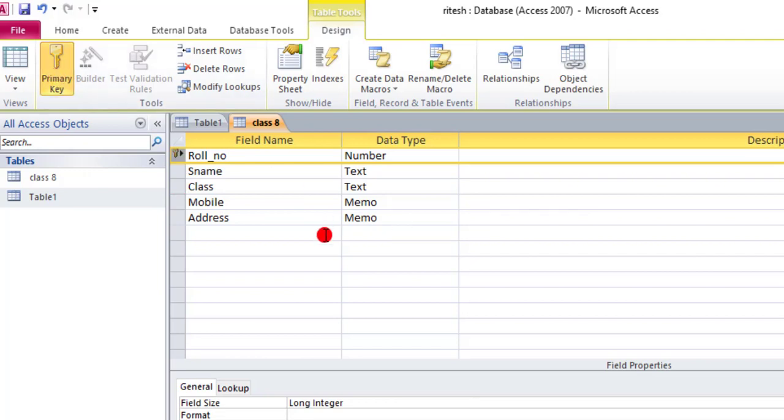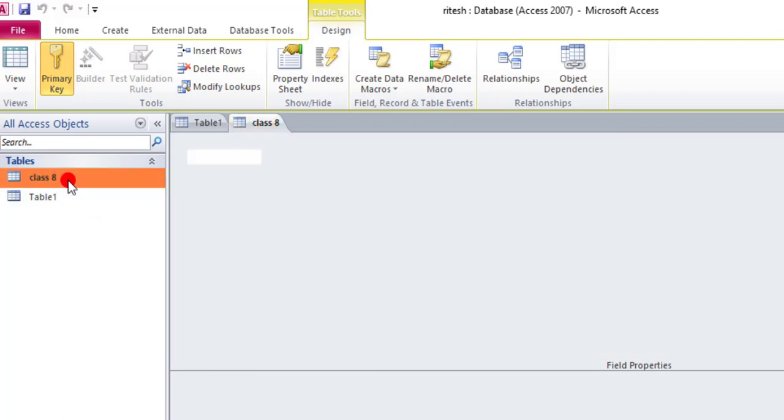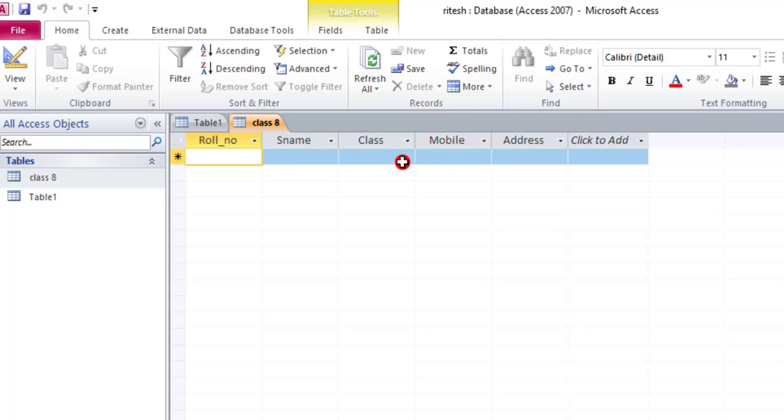Okay, now we have to click on file, click on save, and your table will be saved. Now we have designed our table, meaning the designing of the table is completed. Now I have to do data entry in this table. I have to enter data. So what I have to do, you can see the name here also. You have to double click on it. Mouse left double click. As you do this, your table will open in datasheet view.